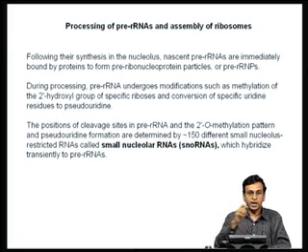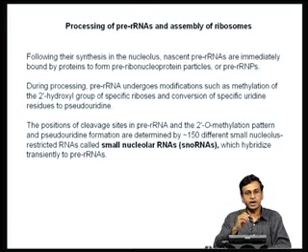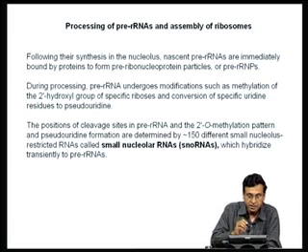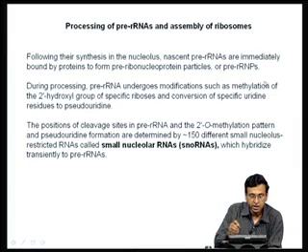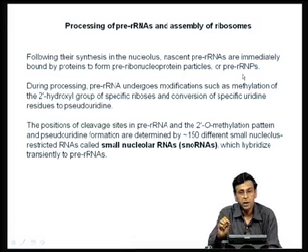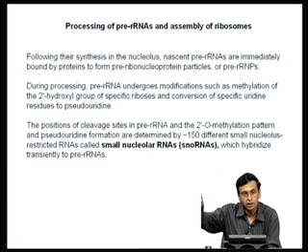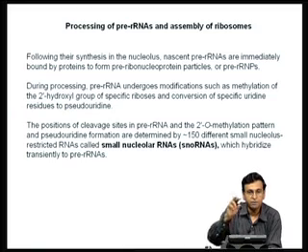Like I told you, a single 48S rRNA is synthesized from the ribosomal DNA, and then this is cleaved into 28S, 18S and 5.8S rRNAs. How does it take place? Following their synthesis in the nucleolus, nascent pre-ribosomal RNAs are immediately bound by proteins to form pre-ribonucleoprotein complexes, called pre-rRNPs. Again, you can see all these are analogous to what we discussed in the case of POL2 transcription. Just as in the case of POL2 transcription, you have capping factors, splicing factors and polyadenylation factors,